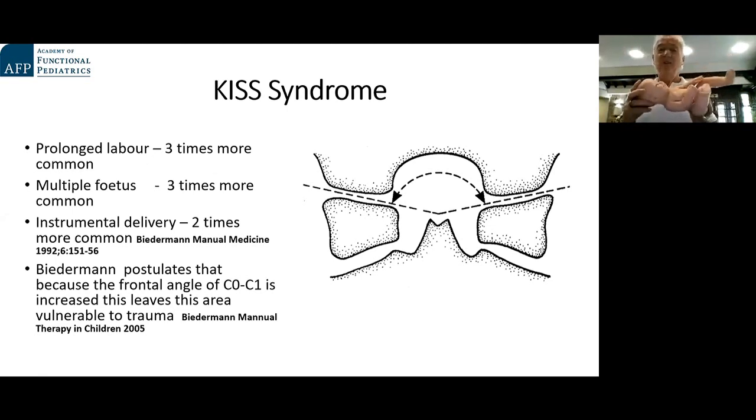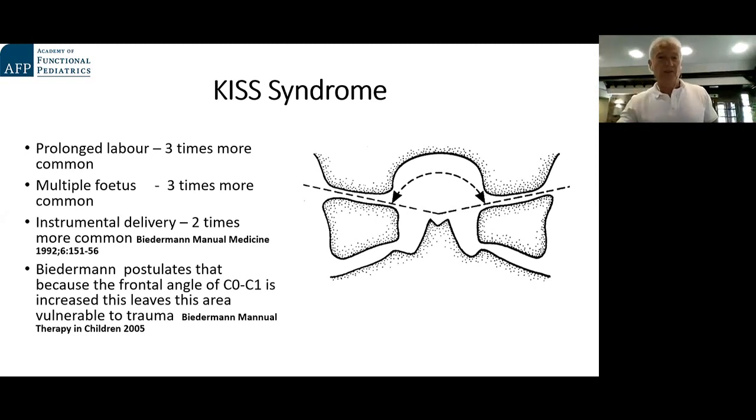Okay, and we're going to do the comparison between KISS1 and KISS2. So the baby is either going to be laterally flexed and rotated, or extended, particularly in sleep, so with the head in extension. And why is it like that? Well, can you imagine that it probably got like that in the birth canal, where it was laterally flexed during the birth process, or just during the end of pregnancy, it was constrained, it was in the wrong position. Or if it was a face presentation, it's going to create that extension of the skull, extension of the neck,